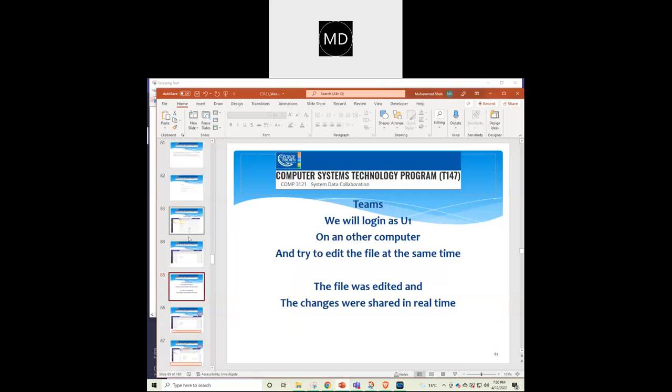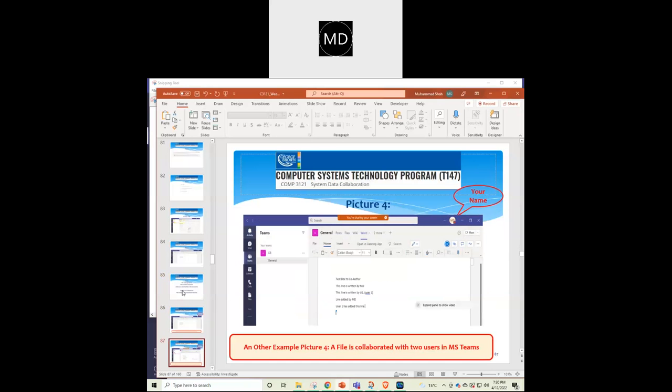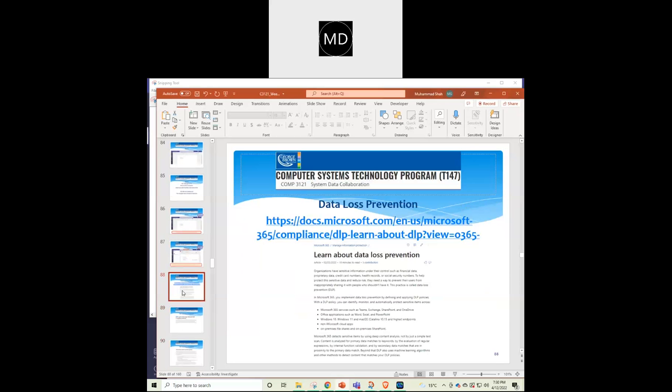Especially we work with Teams, so we were testing the functionality of the Microsoft Teams desktop app, and we have completed this example, picture number 4 also, and now we